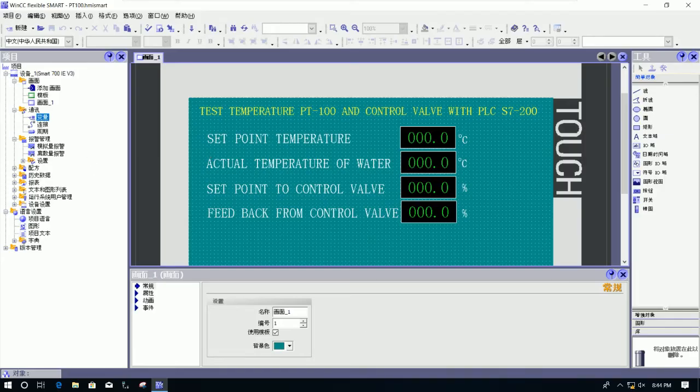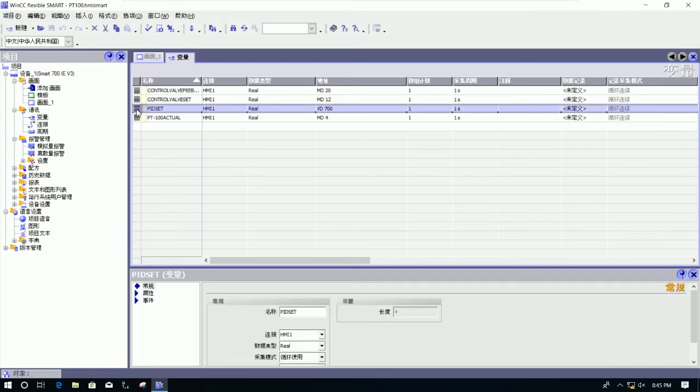So let's go to text, and we can write PID, or we can write temperature CTL, yes, temperature control, and it is the double word, right? So double word, and start from VD 700,